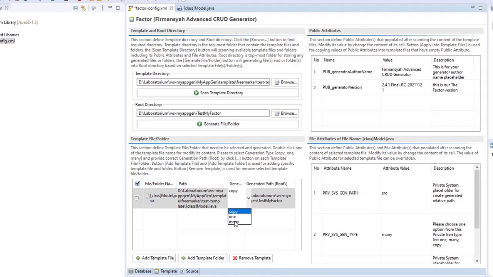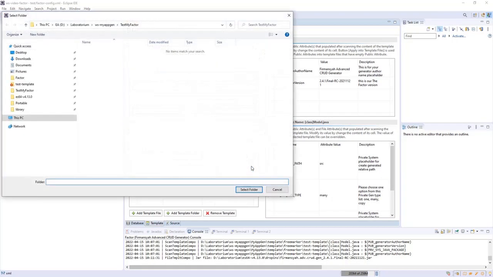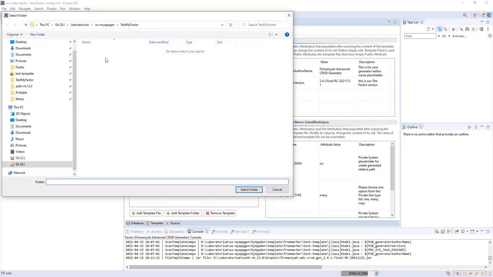If you choose many, then it will create more than one file, and the content will also change based on the code or script that we already created inside. You can also change the generated path. By default it will be the root directory, but if you want, you can define another folder.